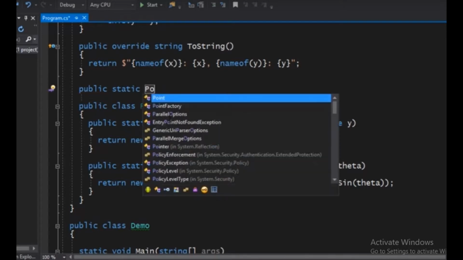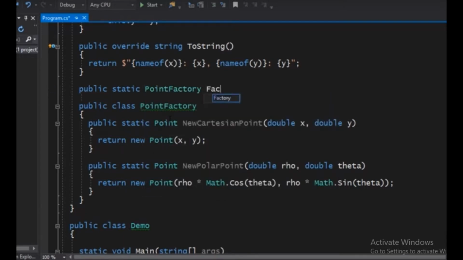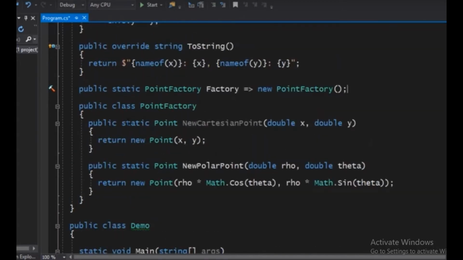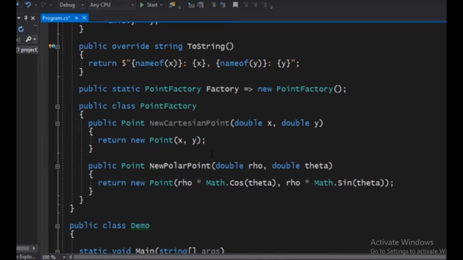So I can have public static point factory called factory, which actually returns, let's say, a newly instantiated point factory whenever somebody wants one. And this keeps the whole thing legal as well. Although now we have this problem of being unable to access static methods in a non-static context. So then you would have to get rid of the static on the factory methods as well. But this is an alternative solution if for some reason you want to instantiate a factory explicitly instead of just